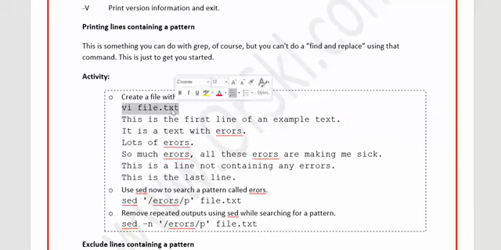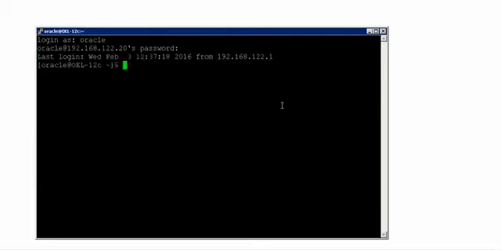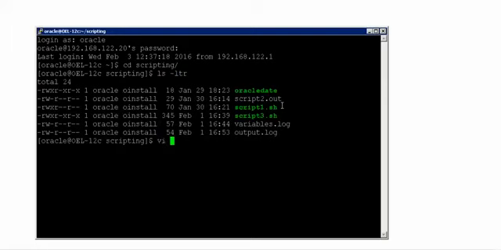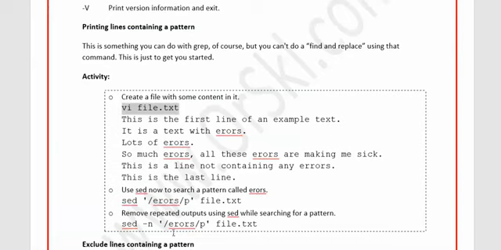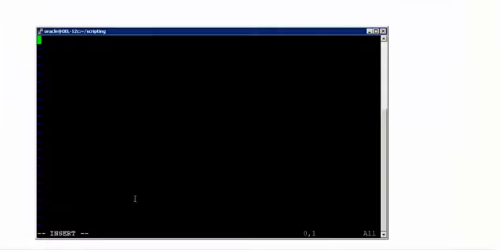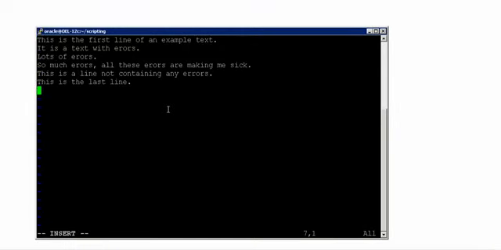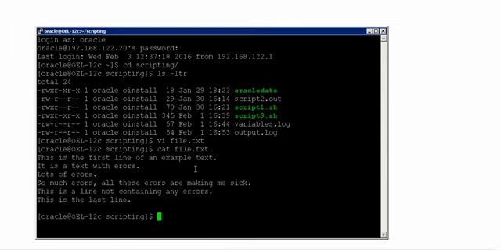So first let me create this file. That means I'll have to connect to my server, so let me do that first. This is my database server, and I'll be redirecting myself to the directory called scripting. This is where I have all the files. I'll be creating this file called file.txt with the content as I want it to be. I am giving only some example contents, but please remember that you can have your own set of contents as well. It's only for the exercise. So just say wq, and now just cat it. I'm catting it for your logging purposes. Yeah, this is the content.